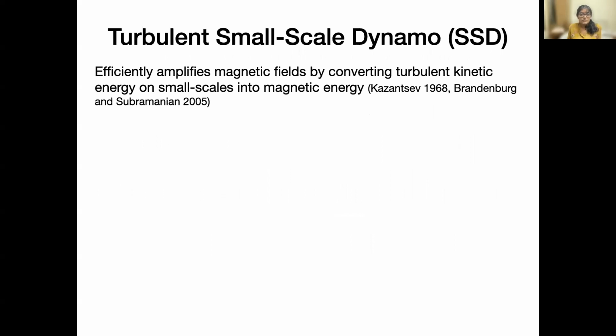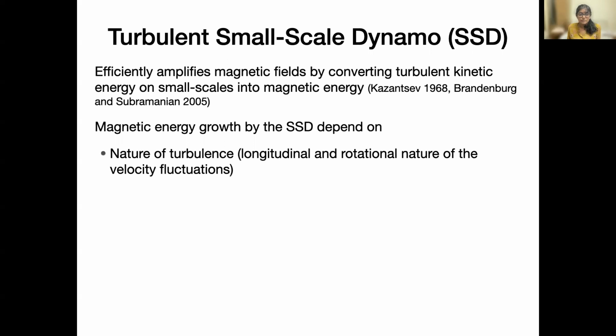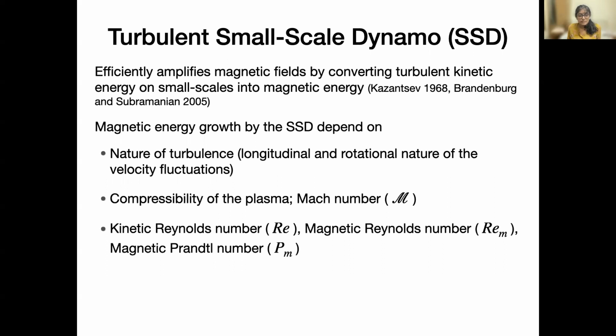The turbulent small-scale dynamo is a mechanism that efficiently amplifies magnetic fields by converting turbulent kinetic energy on small scales into magnetic energy. The magnetic energy growth by the small-scale dynamo depends on the nature of turbulence, the longitudinal or rotational nature of velocity fluctuations, the compressibility of the plasma, the kinetic Reynolds number, the magnetic Reynolds number, and the magnetic